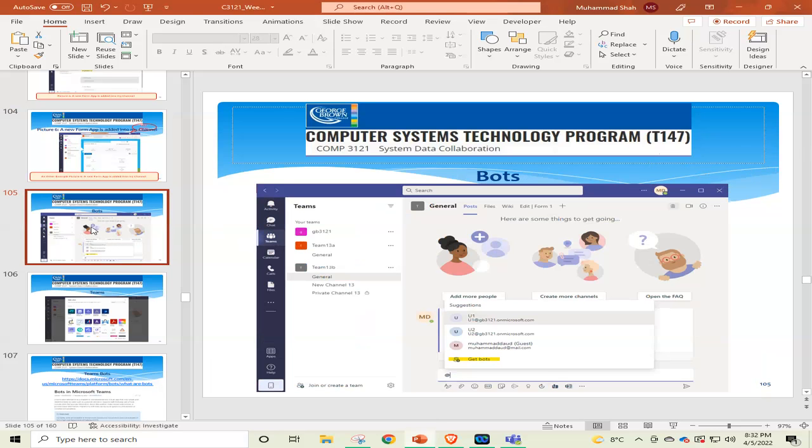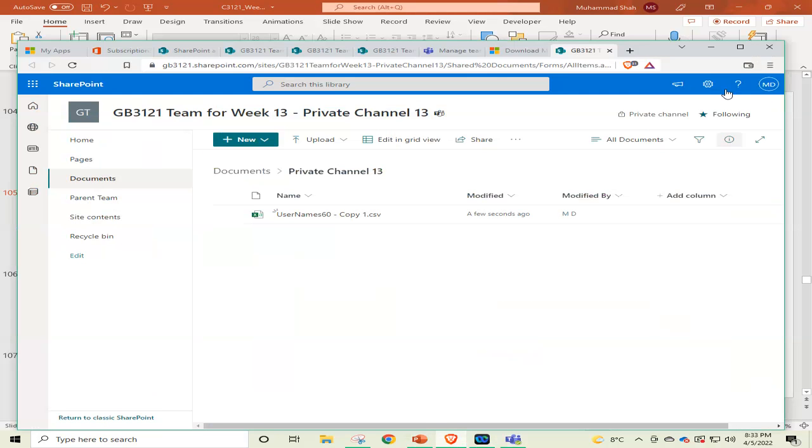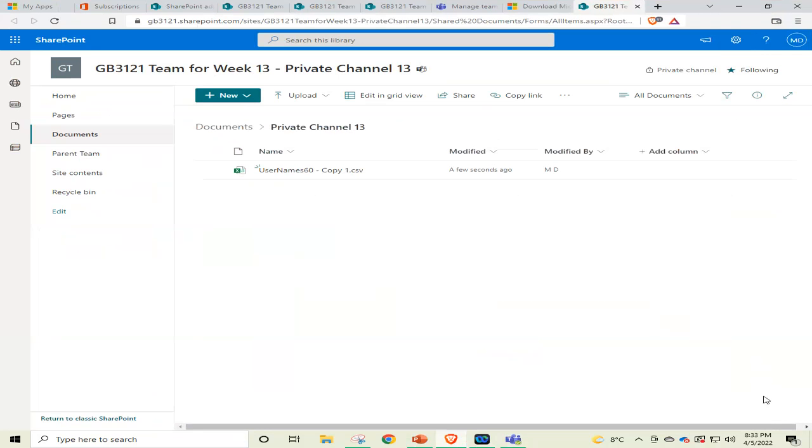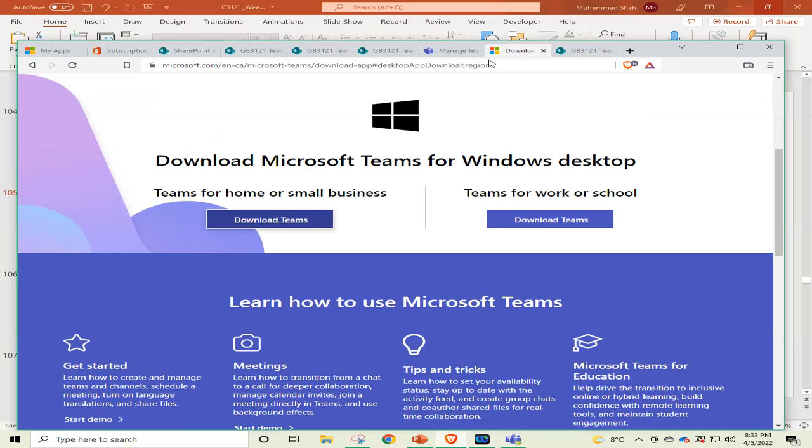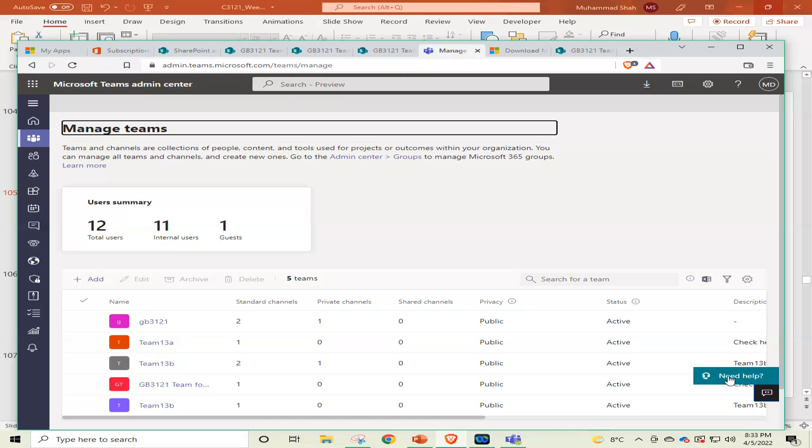bots. What are bots? Most of you, I believe, will know already what bots are, right? In organizations nowadays, software-wise, most of the time; hardware-wise, there is a different topic. For example, sometimes we see an icon on the sites. When we go to the sites, I want to show you that sometimes we see here, around this area in our Microsoft sites, not on this tab. Most of the time they pop up. Yeah, see here, exactly like this.